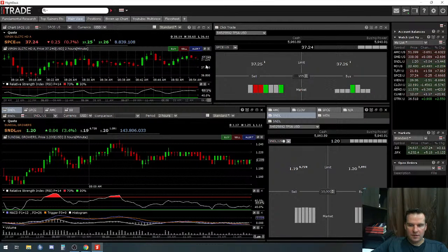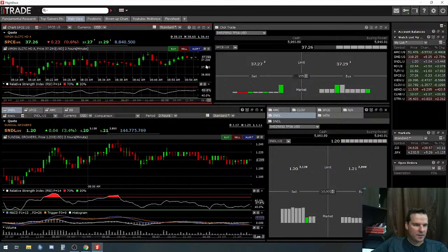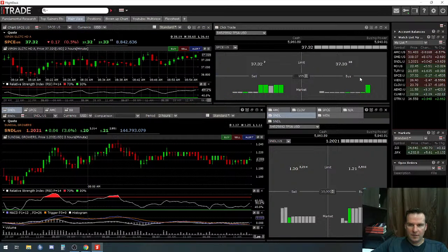SPCE still just fighting. It wants to go back to positivity. It just might. It deserves a good pullback today for sure. It's been making a lot of ground the last bit. We got a hammer doji. You know what? We're jumping in. We are jumping in at